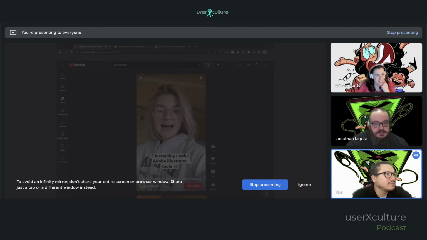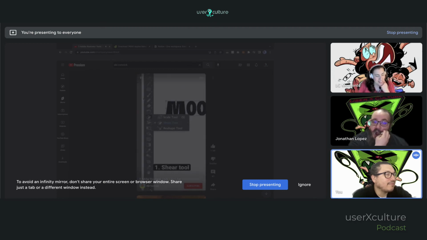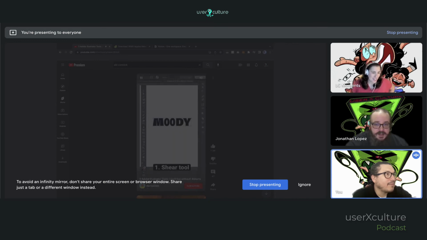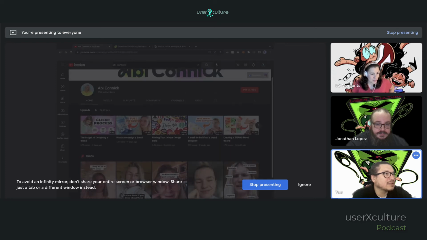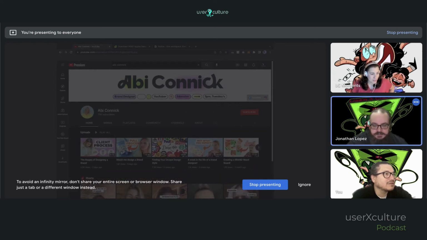So we are back with some incredibly useful Adobe Illustrator tools. First is the shear tool that allows you to slant your type or an object. So if you ever need anything to be in a